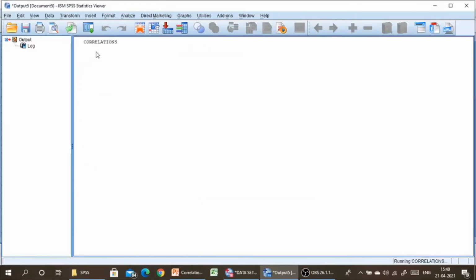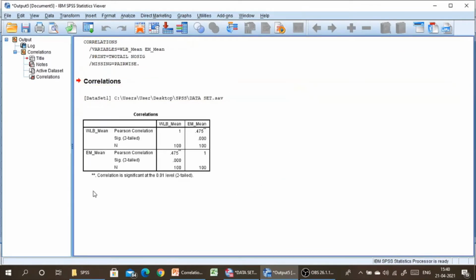When you press OK, the output window of SPSS will open. Now this is the table which is talking about Pearson correlation. Now how to analyze or interpret this particular table? First we have to see this Sig, it is called significance, and this significant value here should be less than 0.05. That is, confidence level is 95%.